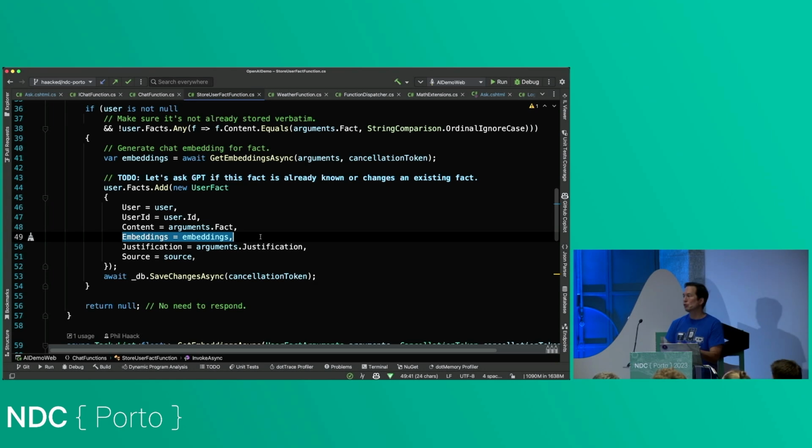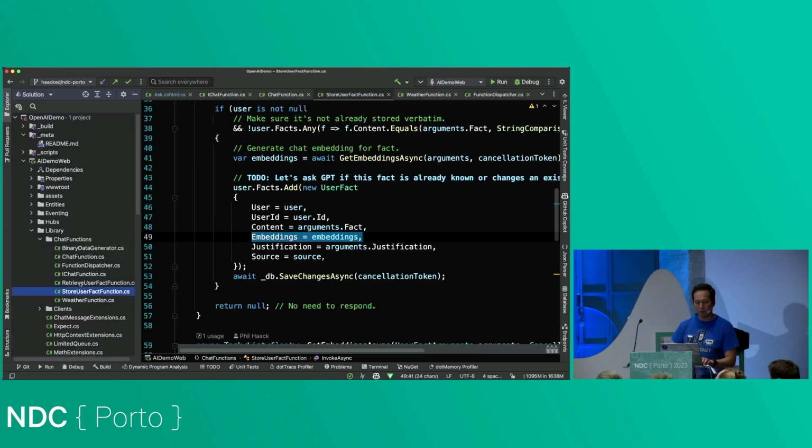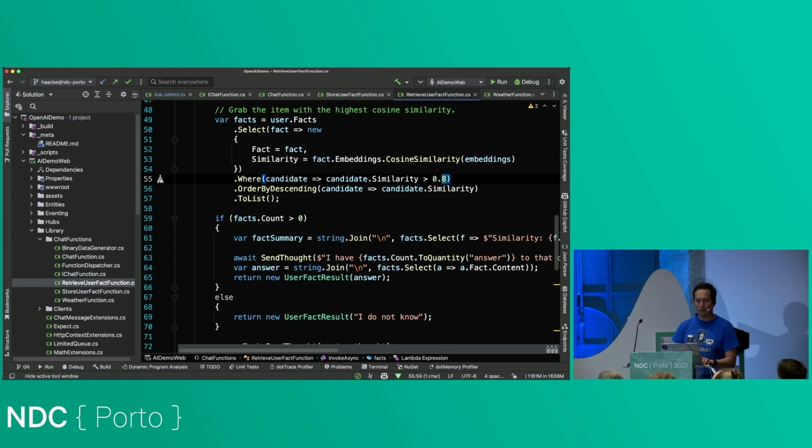Now, this demo is using Postgres. Postgres actually has a vector extension called pgvector, or you might use a vector database. The way I'm doing it is not the performant right way to do it, but it works, so it's good enough for a demo. But when you start to store embeddings, you're going to want to use something like a vector database. And let me show you why, because there's the part where we're going to retrieve the user function.